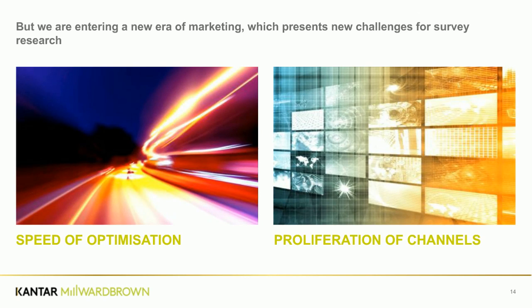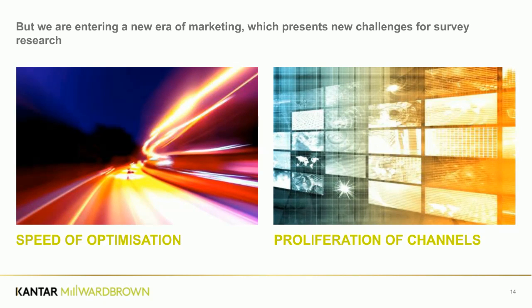So what's happening instead is that we're seeing lots and lots of campaigns being optimised on the data that is available to marketers. So lots of these channels are digital. They come with very short-term response metrics, engagement metrics, click-through rates. There's no shortage of data that you can use to optimise campaigns. It's just that it all tends to be focused on immediate response. And there's no real way at the moment to optimise campaigns whilst they're on air in terms of the impact that they're going to have on your brand rather than the immediate reactions to the campaign.